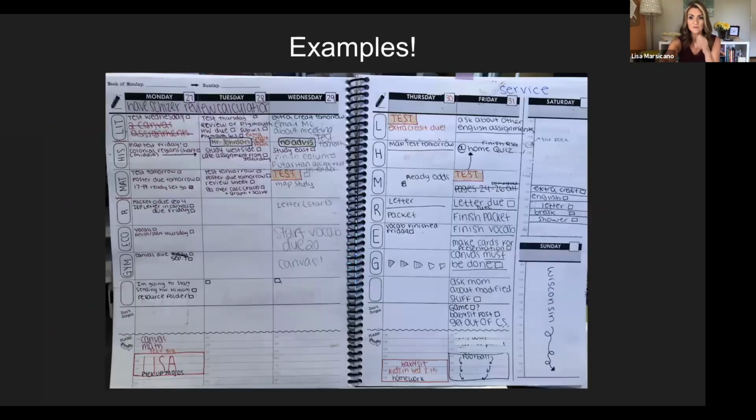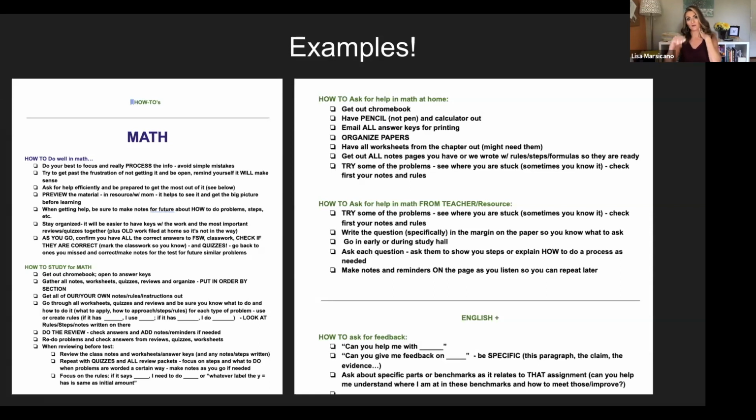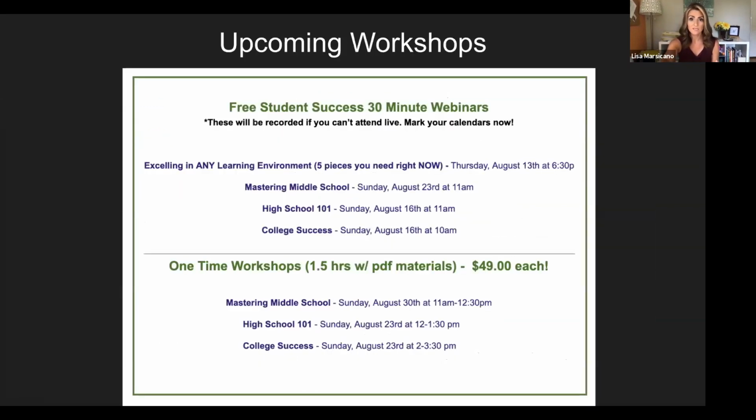So here's an example of a student's planner and what that looked like at the end of the week. See how they put their tests ahead of time, and then they work backwards to say they wanted to review the review packet and make a study guide and things. This is another kind of how-to. Don't hesitate to write how-tos and to create this as you go. So not only how to study, but also how to do well in the class. And you can customize one of those for each of your classes.